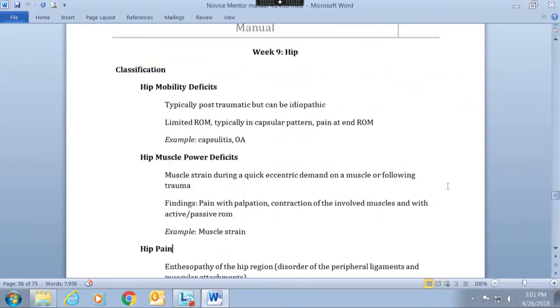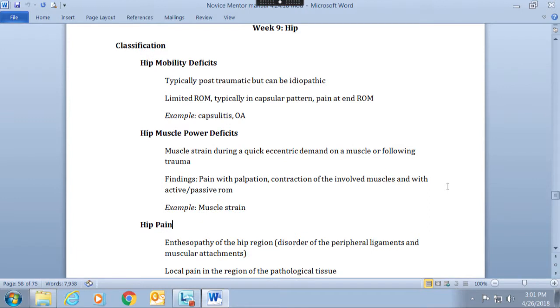Okay, welcome to week number 9, hip. This week, we're going to go over classifications. We're going to go over classifications for hip mobility deficits, which is more like a capsulitis or an OA,